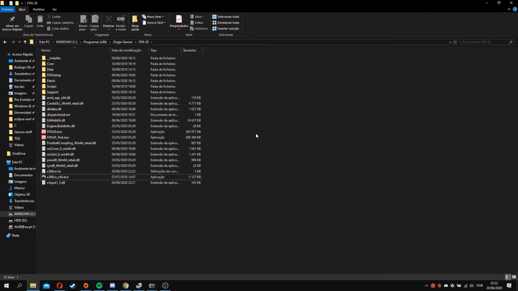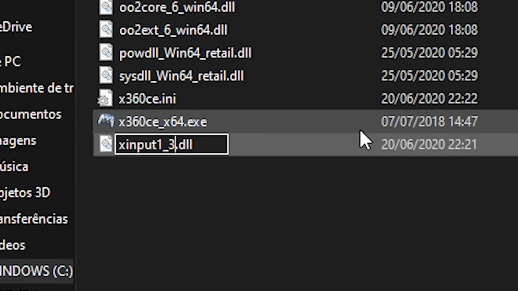And a normal person would think you would be done. If you have a PlayStation 3 controller, you are done. If you have a PlayStation 4 controller, this is where the trick happens. I've had people come to me and say, oh, I've tried to use X360C and it's not working because I get to the game and I can't use my right analog stick. This is the trick. You come to this file, xinput1_3.dll, you rename it, and all you need to do is change the 3 to a 4.